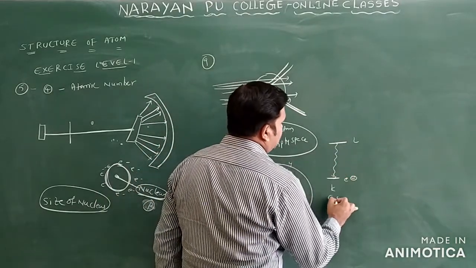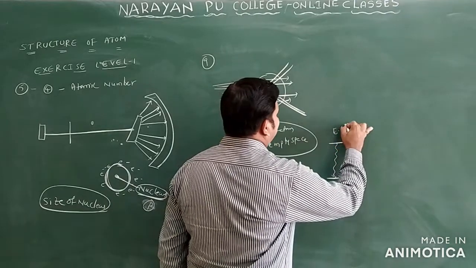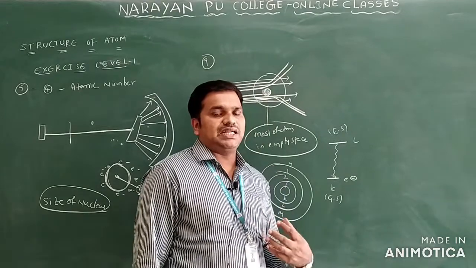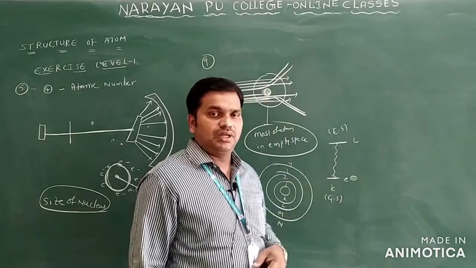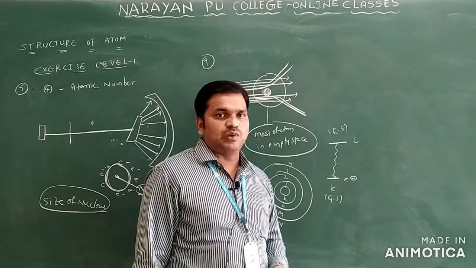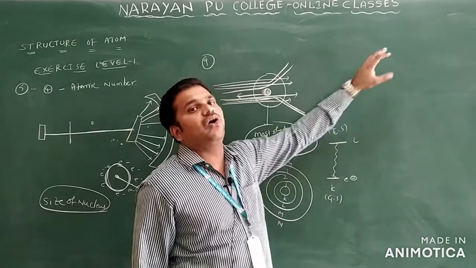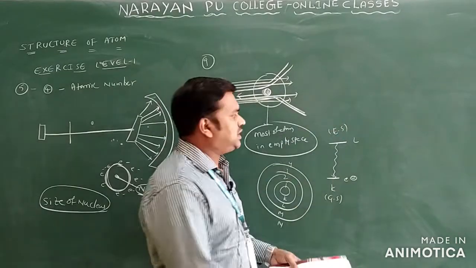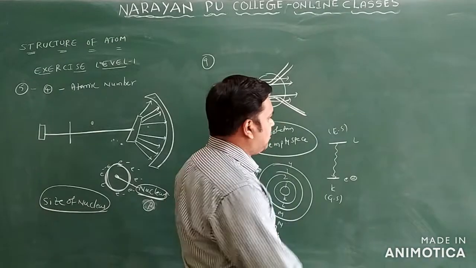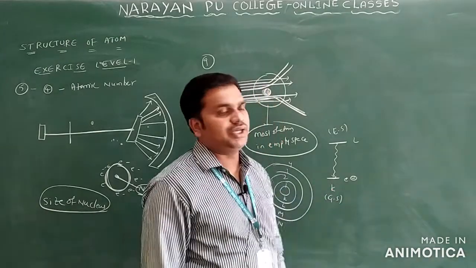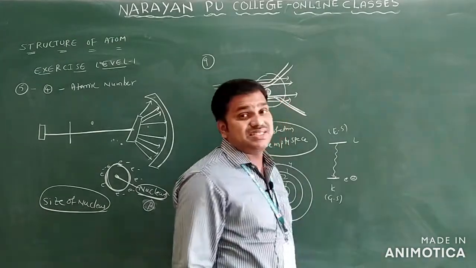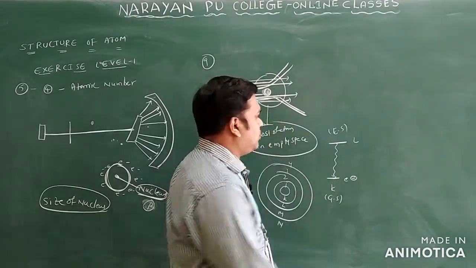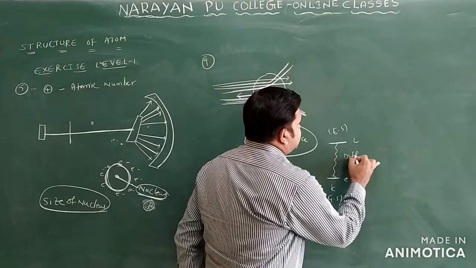This is the ground state, and this is an excited state only. Ground state generally means the energy is low. When an electron absorbs energy, it goes to the excited state. The excited state is already unstable, so the electron cannot remain there for a long time. Again the electron jumps from the excited state to the ground state. Here the excited state is the L shell only. So the electron again jumps from the L shell to the K shell. So here there is a difference in energy. The difference in the energy is emitted in the form of radiation only. So here, the difference in energy.